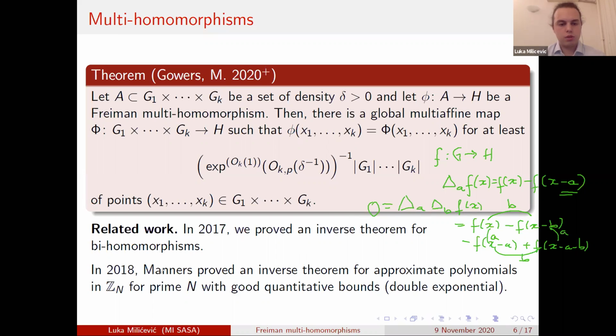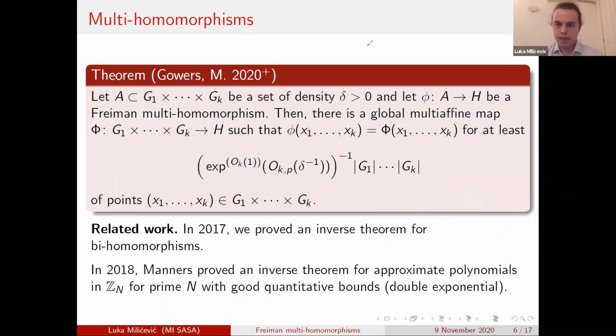So what Manners proved is that he gave a structure theorem for approximate polynomials, meaning functions that have their higher order derivatives vanishing a lot of the time. Okay, so that's what I wanted to say about approximate polynomials. And now I should probably say something about how our new result can be compared to Manners' result about approximate polynomials. So firstly, in the most general sense, we have proofs of similar spirit,